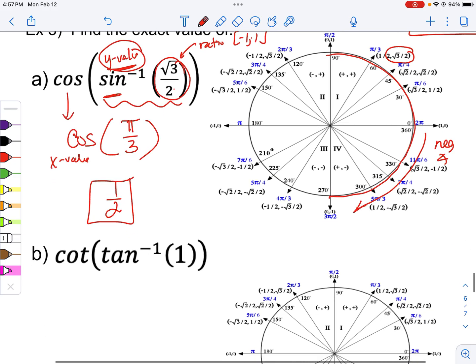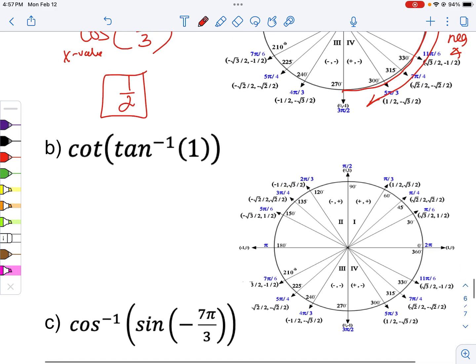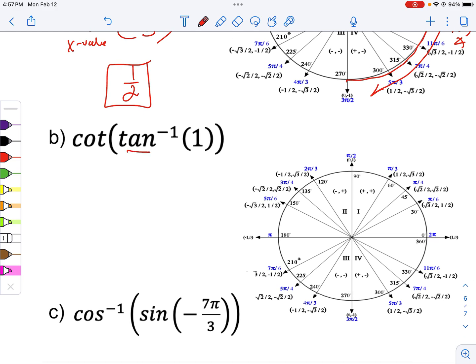All right, so the next one, cotangent and tangent are not the same. So that's different than what we did a few minutes ago. And it says, okay, tangent inverse of 1. Well, I know this is a ratio. And for tangent, the ratios can be any number from negative infinity to infinity. So I'm good there. I know that my angle measure, though, has to be between negative pi over 2 to